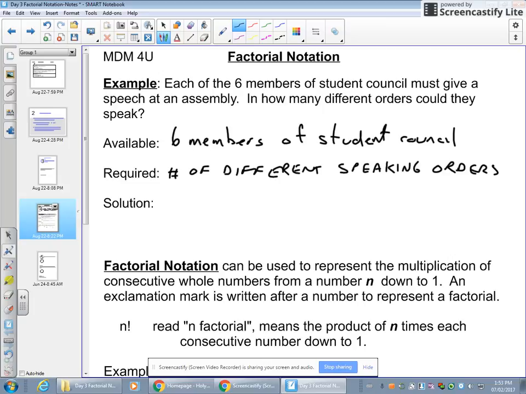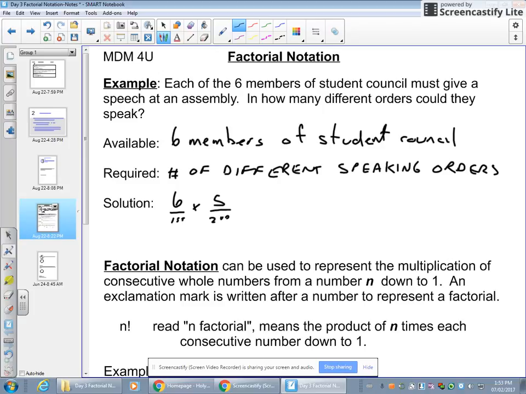And so what's going to be our solution? Well, in this case, we've got a total of 6 members. So it's really just a matter of saying that we've got our first member. There's 6 possibilities for our first member, right? And then once our first member has been chosen, there's going to be only 5 members left